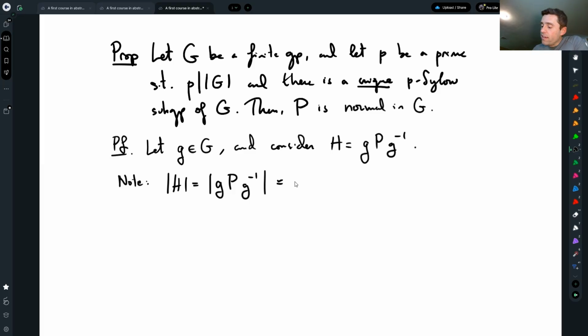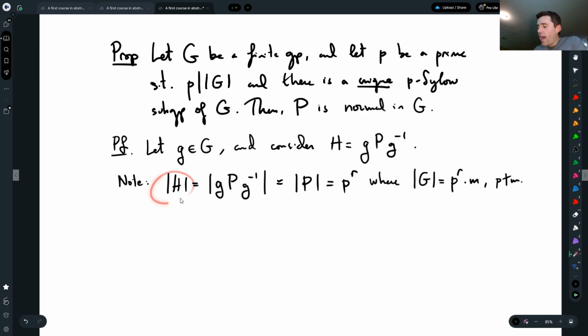So this has the same size as P, which would be something like p to the r, where, because it is a p-Sylow, the size of G has to be p to the r times m, with p not dividing m. But that means that H itself has the size p to the r, which makes it, by definition of p-Sylow, also a p-Sylow. So H is another p-Sylow